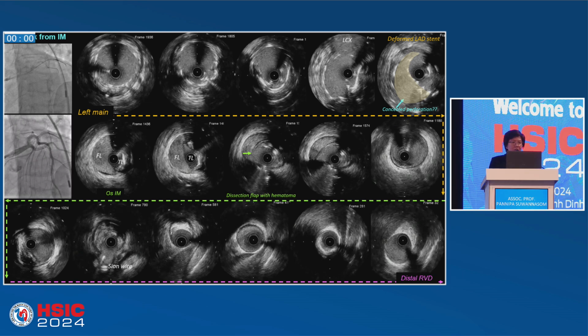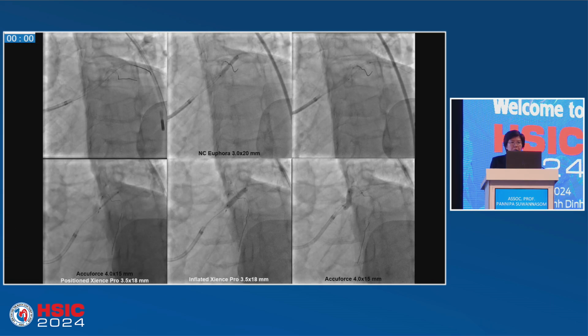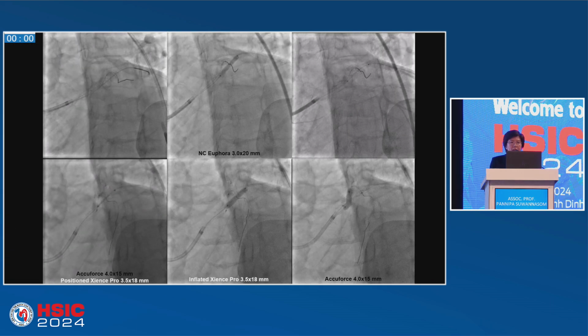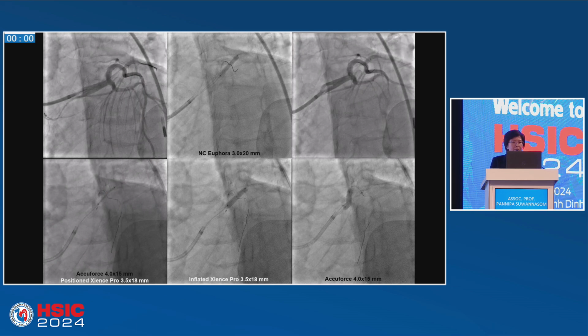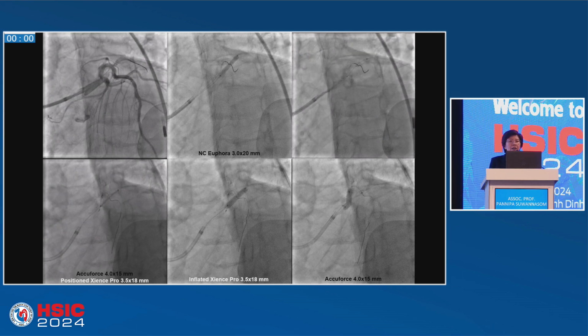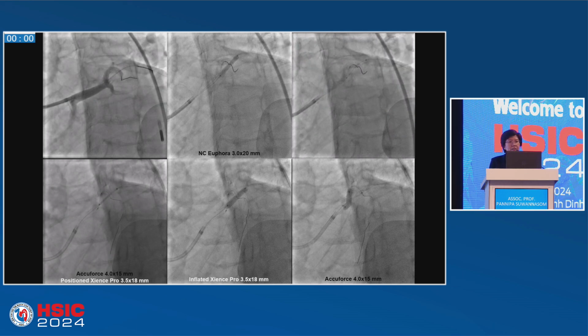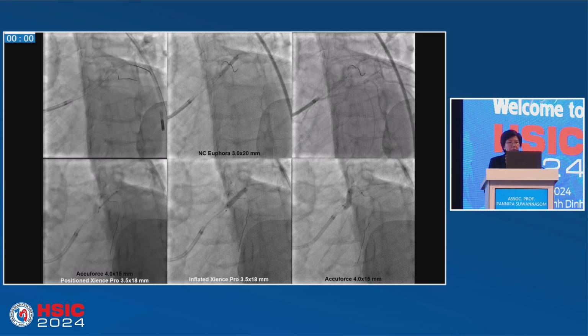The problem is because we have hematoma here. This lumen is the true lumen, and there is a dissection of the ostium of the left main, which I consider maybe happened when I did the NSE for the lesion preparation. So what I did is I used the NC balloon to open the strut, because now I'm sure that I'm in the true lumen, and then I implant the stent.